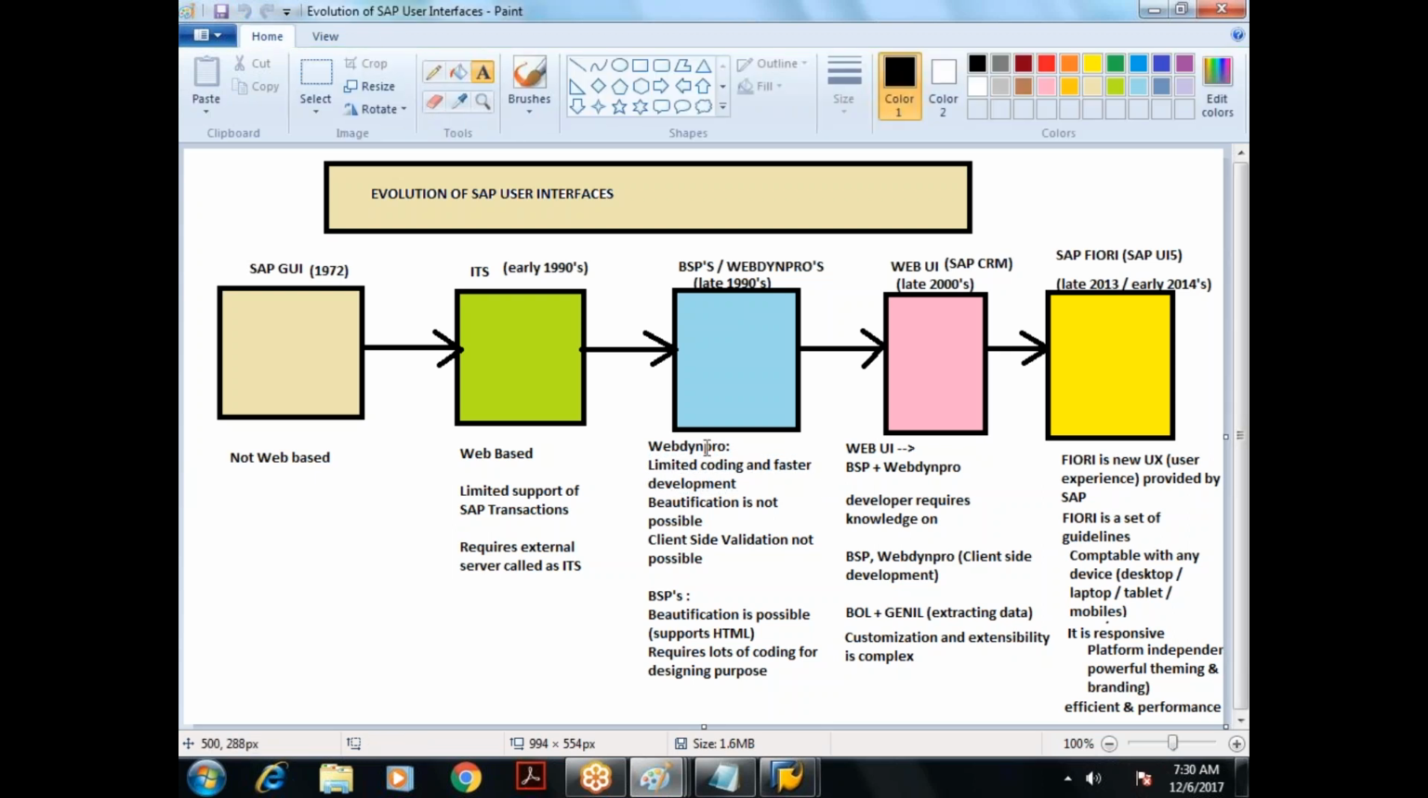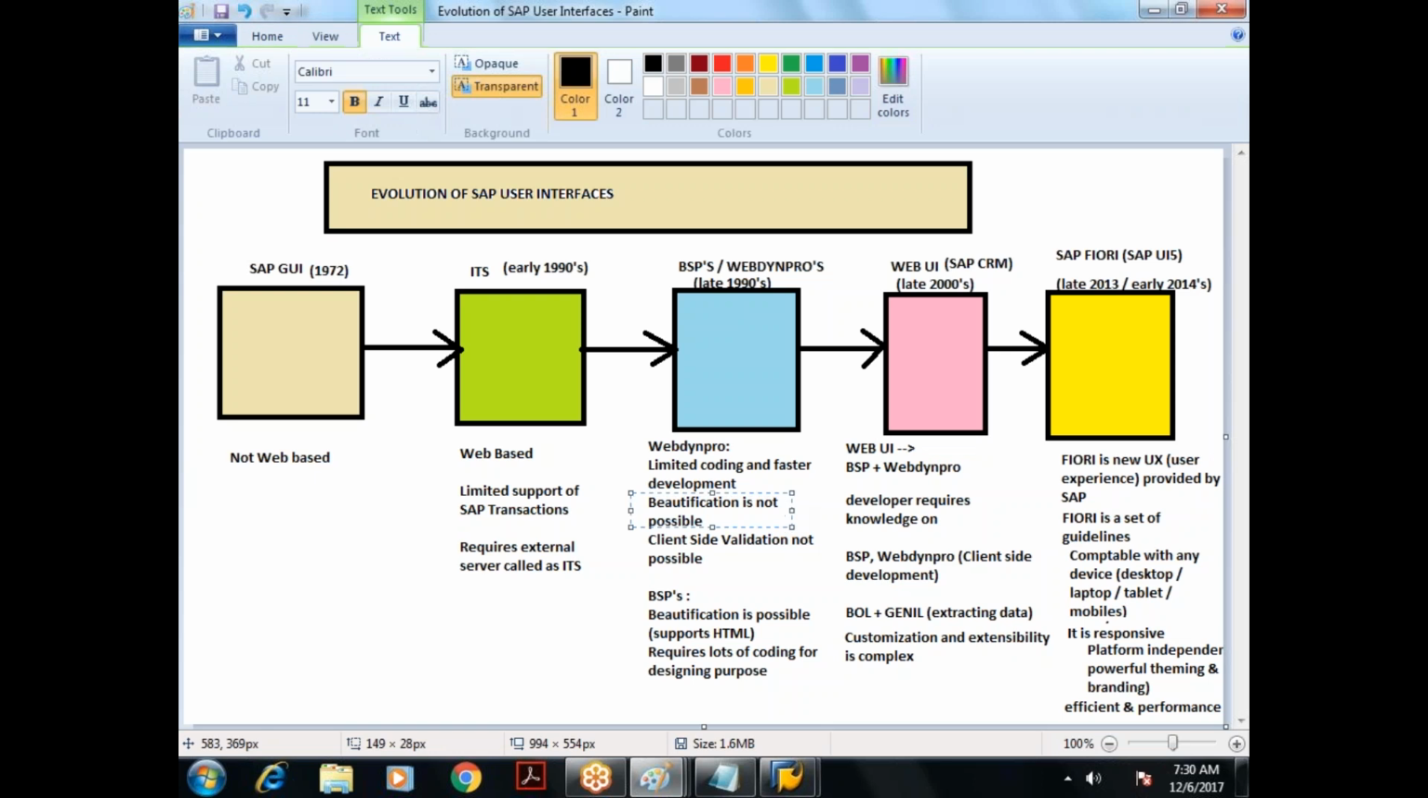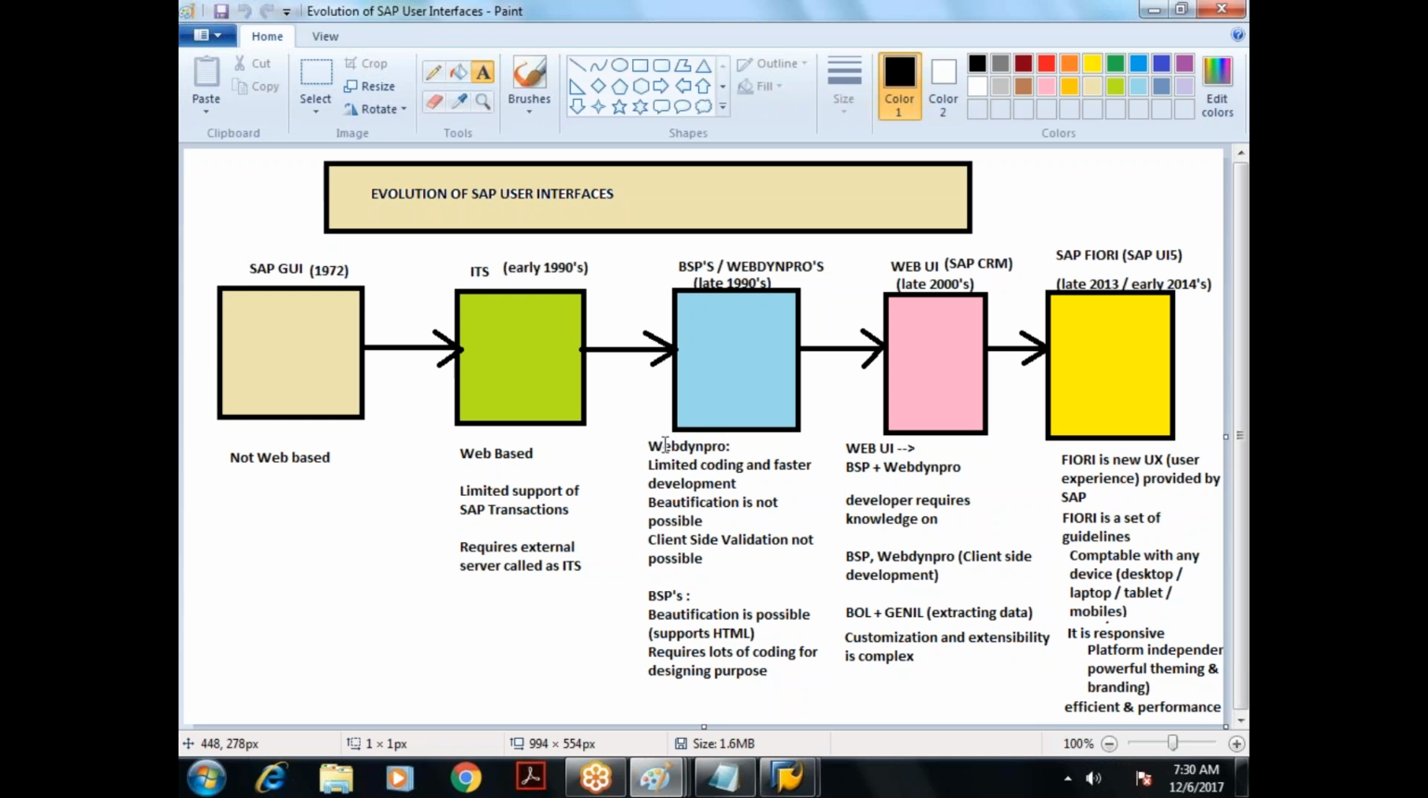But the problem with WebDynpro is that beautification is not possible. I cannot give my own colors or apply my own styles. Understood? Because WebDynpro is based on the ABAP programming language, whatever themes are given by SAP, we have to restrict ourselves to that only. We cannot add our own beautification. And another drawback of WebDynpro is that